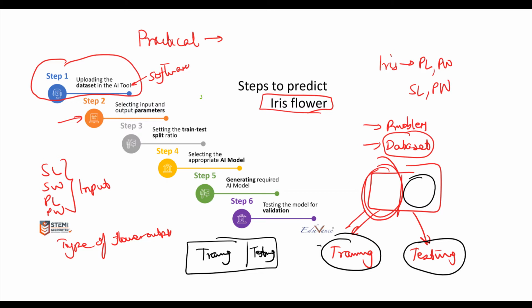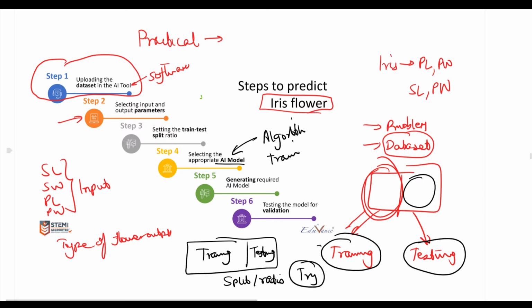You might ask me, John, what is the correct percentage or split or ratio that we should try? My answer is, well, try. So go ahead and try this. And then we will select the AI model. Now the AI model is your AI algorithm that we will use to train the machine. So let us do these steps and then I'll come ahead to the next steps.